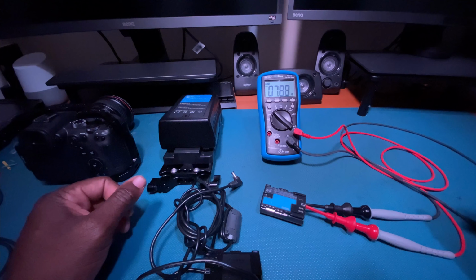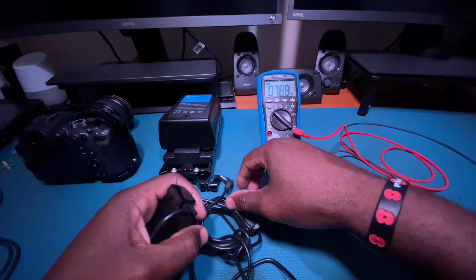Okay, welcome back to my video. In the last one, I showed how to use a dummy no-name battery to actually power up my Canon EOS R6 and also my external monitor recorder. Here, I'm going to show how to actually connect the Canon DC Coupler DR-E6 to a